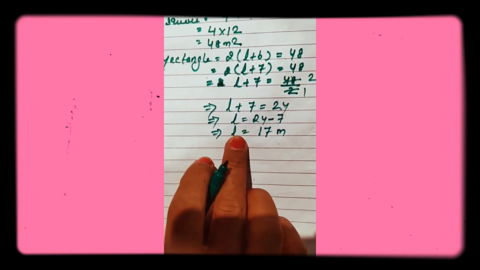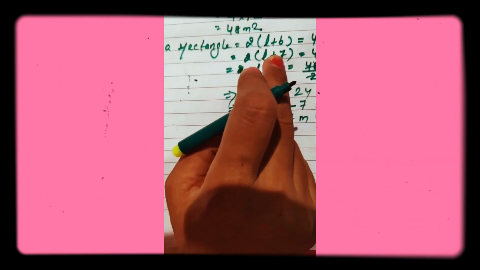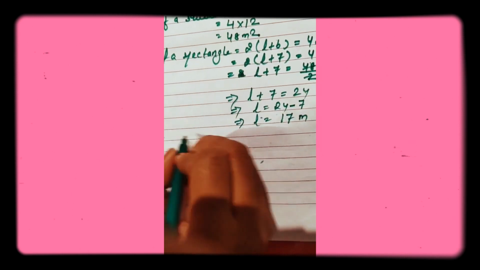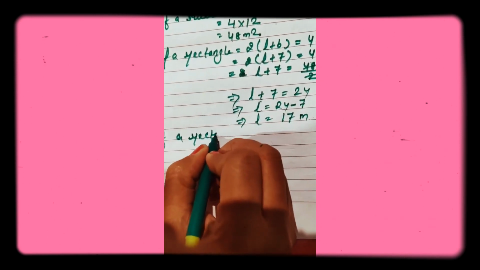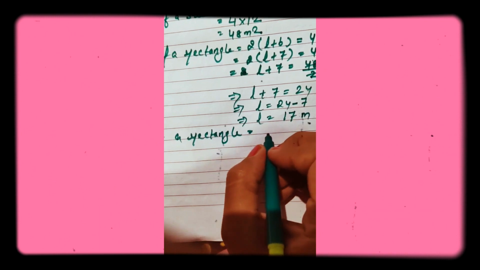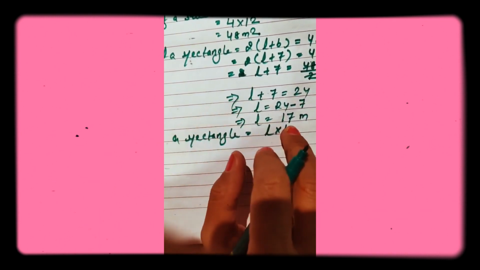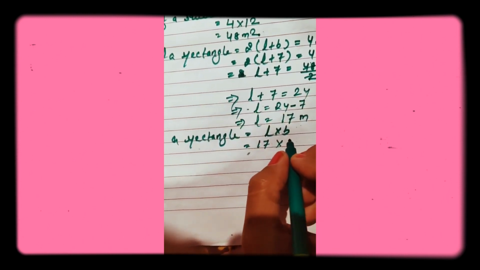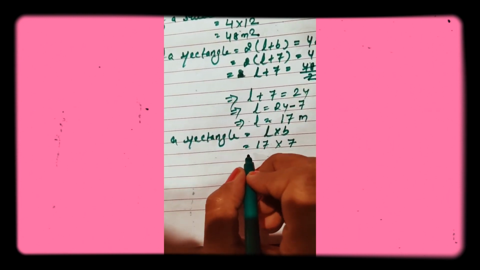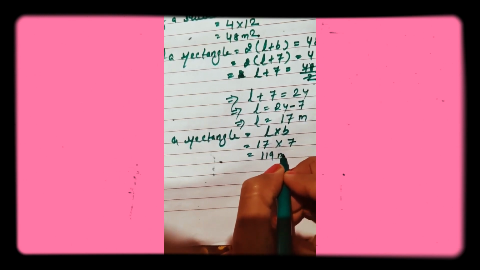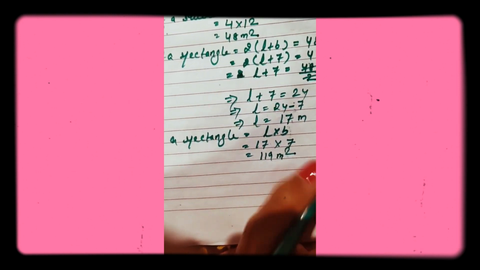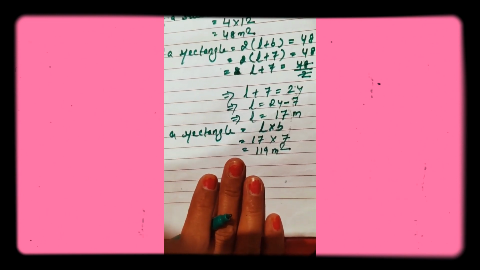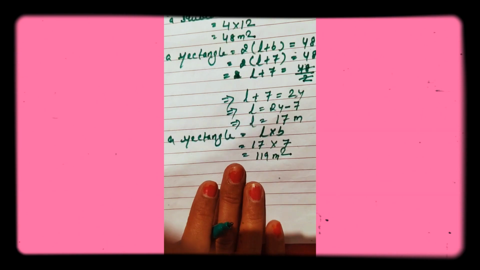Clear? It means length we know and breadth is already given. Now we have to find here area of a rectangle. You know area of rectangle formula, length into breadth. Length, which we found out, is 17 meter and breadth already given in our book, 7. So 17 multiplied with 7, 119 meter square. So today question number 1 to 6 you have to solve in your notebook. Next class we have to continue question number 7 to 12. Thank you.